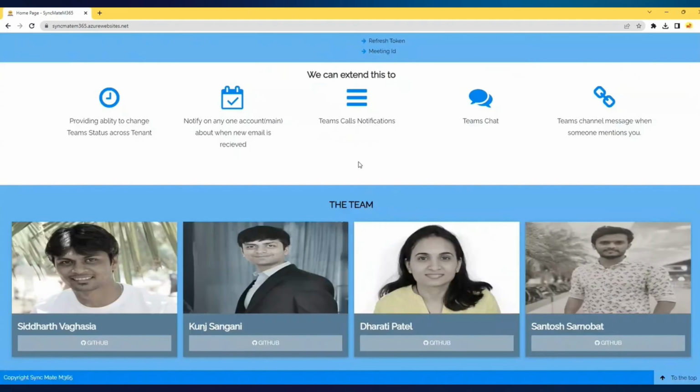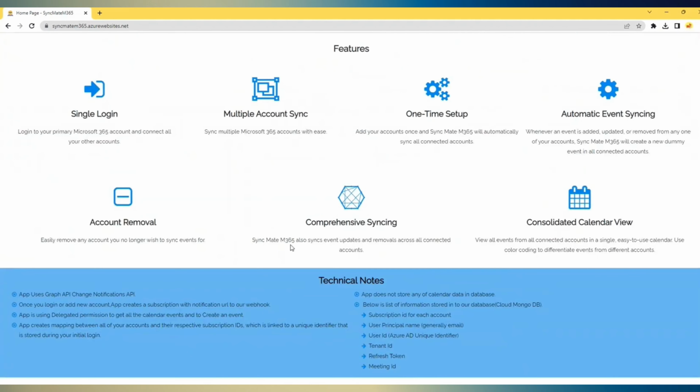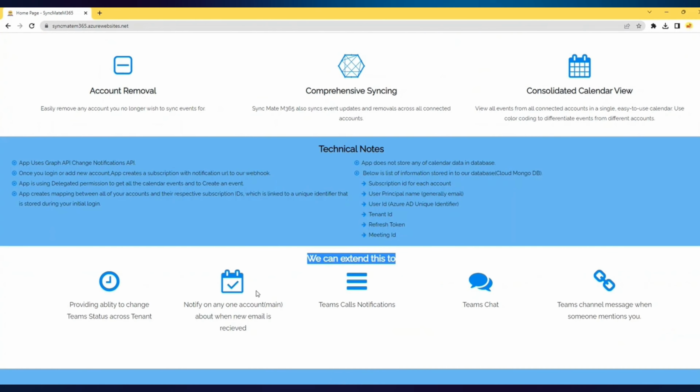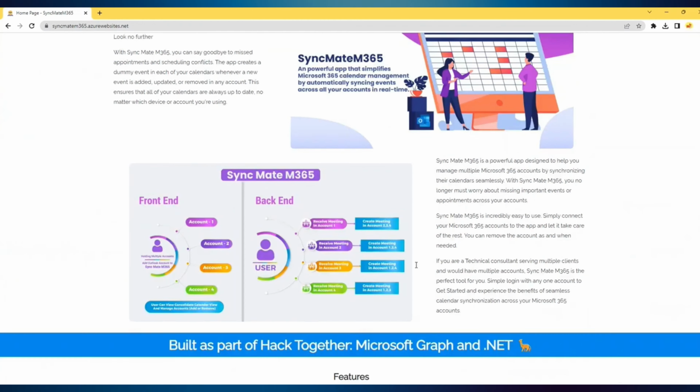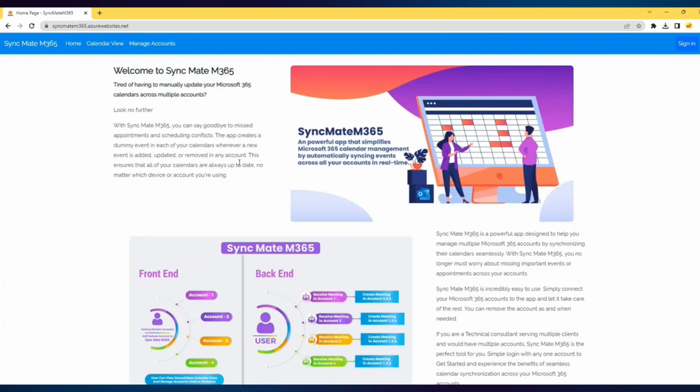So this is the homepage. You would see some technical notes, and we wanted to also extend it to other scenarios in future. These are some technical notes, and that is how the app is built. Okay, in the